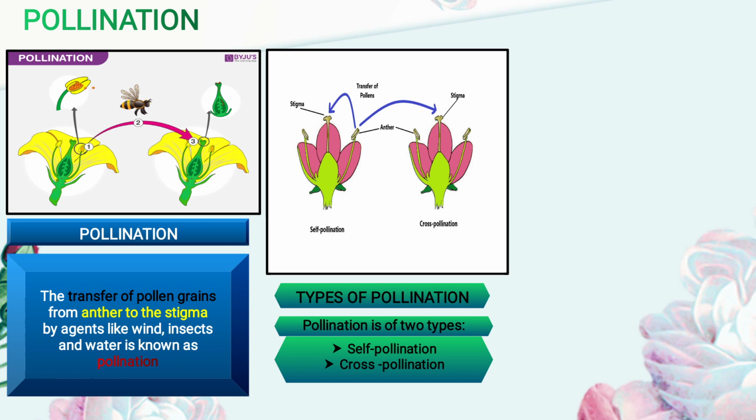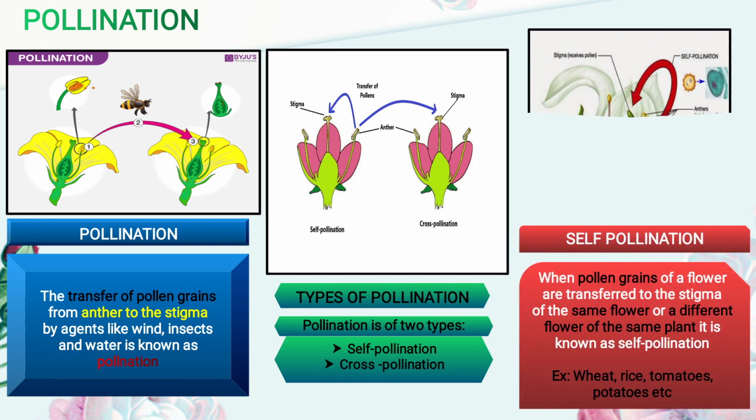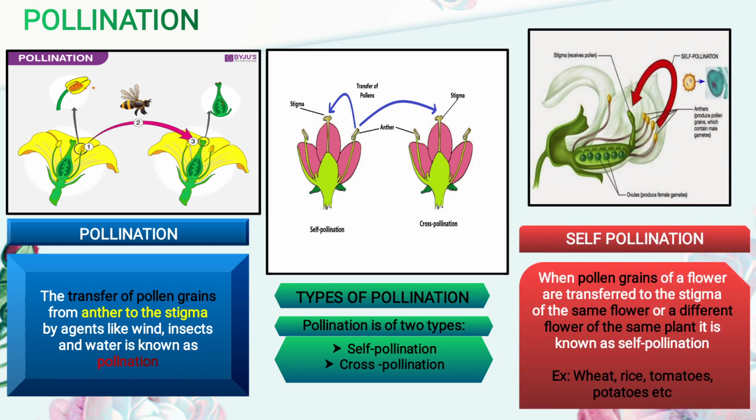Cross means from one flower to another flower, okay, that is known as cross pollination. You see in the image, from this flower the pollen grain is going to another flower, that is cross pollination. Now self pollination is when pollen grains of a flower transfer to the stigma of the same flower or a different flower of